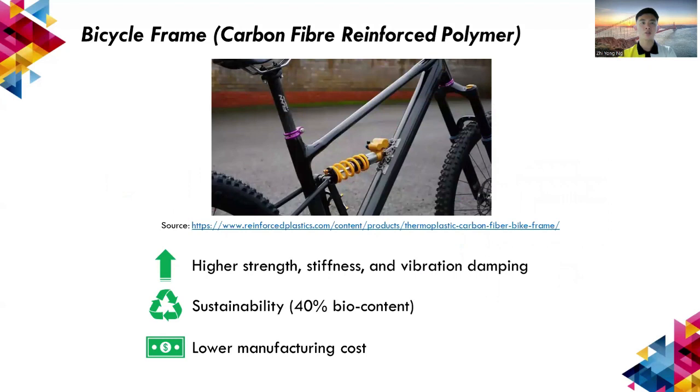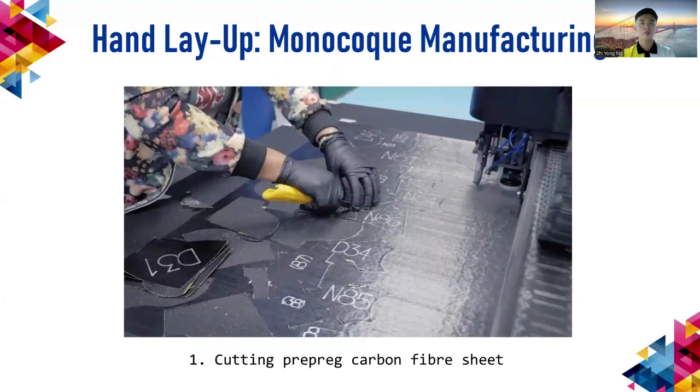So the product I chose for this topic is a bicycle frame made from carbon fiber reinforced polymer. Previous research suggested that carbon fiber reinforced polymer composite offers higher strength, stiffness, and vibration damping properties. And if other natural fibers are present in the composite, it will offer more sustainability properties and it will lower the manufacturing costs. For the fabrication process of the CFRP bicycle frame, the first method I'm going to introduce is